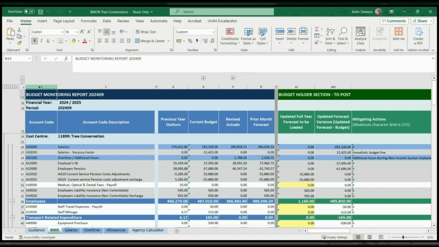For each cost centre that you're responsible for, the report will show you in column G, costs incurred and income received in the previous financial year, column K, current budget, column P, costs incurred and income received to date within this financial year. In column R, last month's forecast of cost and income for the whole of this financial year. This is a reference point so that you can see what was projected last time that budget monitoring was carried out. Please note that last month's forecast of cost and income for the year will be nil at the start